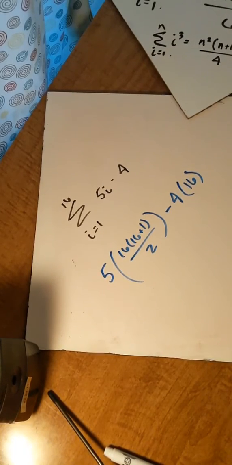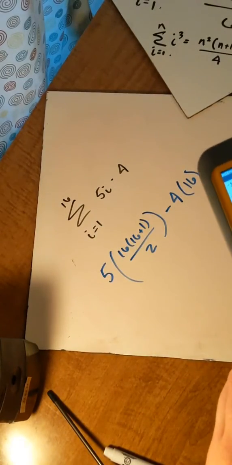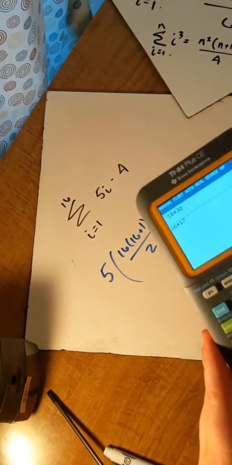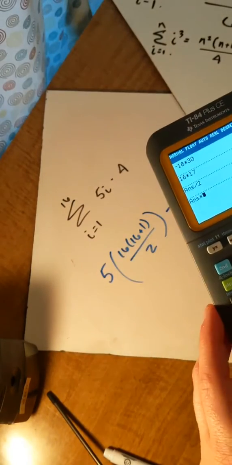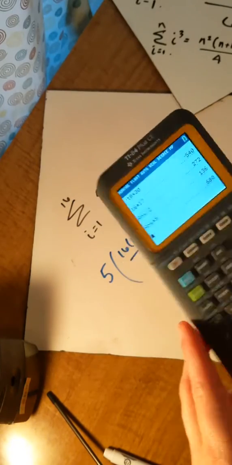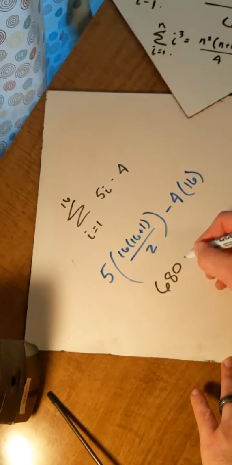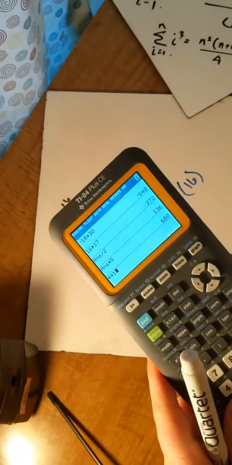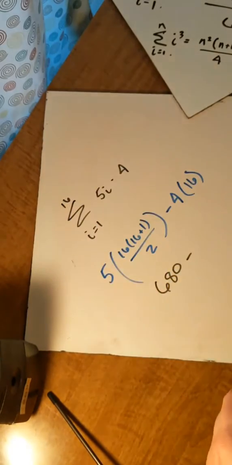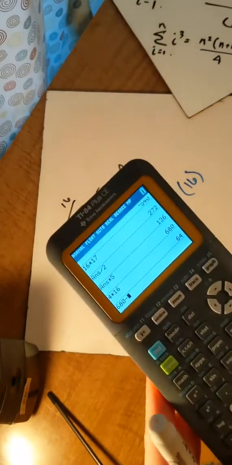Okay. So let's go through this. I'm going to type this one in the calculator because I don't feel like doing that in my head right now. We got 16 times 17, and we'll divide that by 2, and then times that by 5. So we got 680 for the first part here. And then minus 4 times 16 is what? 64. Double checking that. Yep. And then subtract them. All right, 680 minus 64,